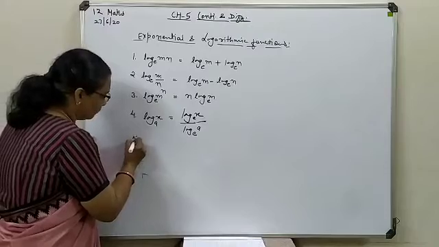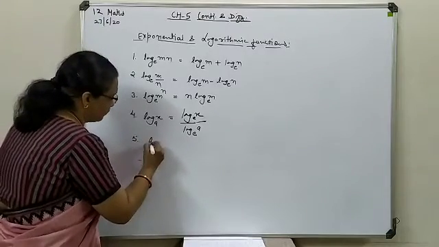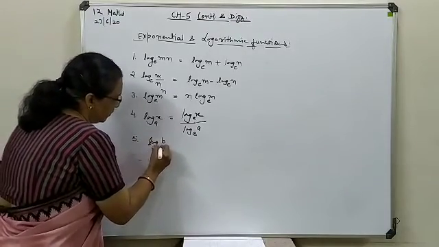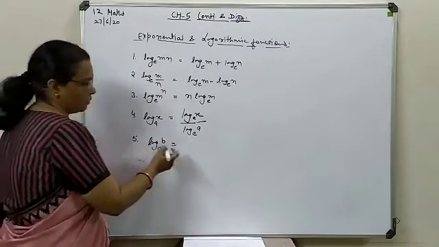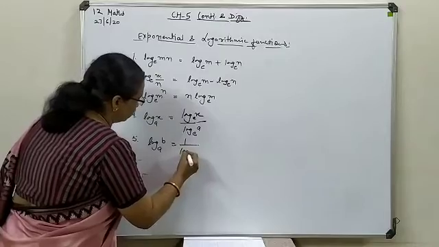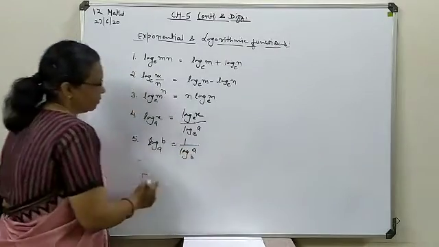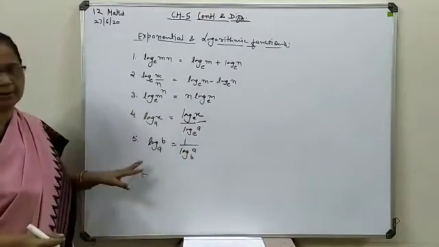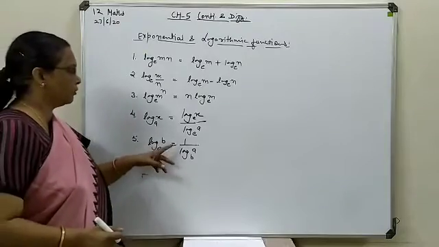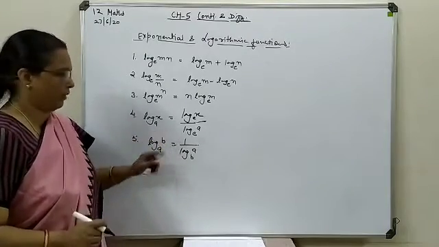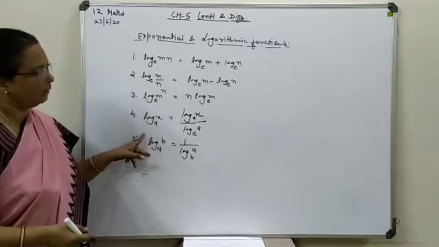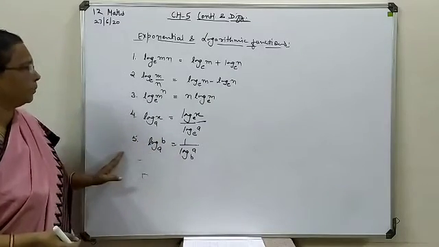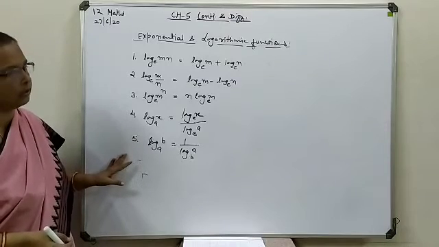Now one more form we can write, that if this way any number is being written, you can make exchange of these two, making the reciprocal form. So this is also one of the properties. This is normally used when you are going to make the final answer form. If reciprocal form is available, you can convert with this normal form. So these are the basic properties regarding the log.